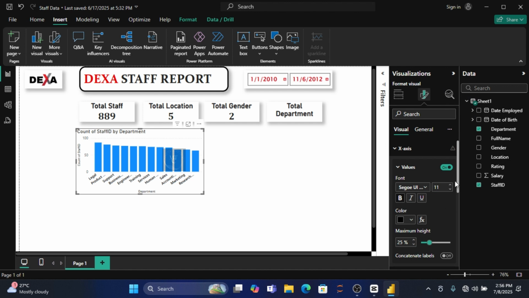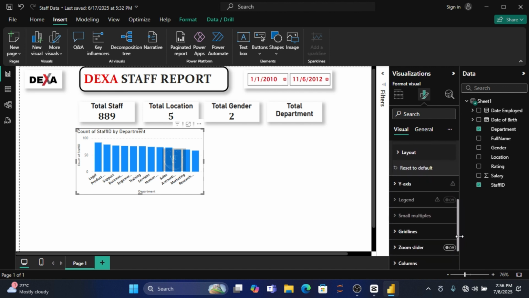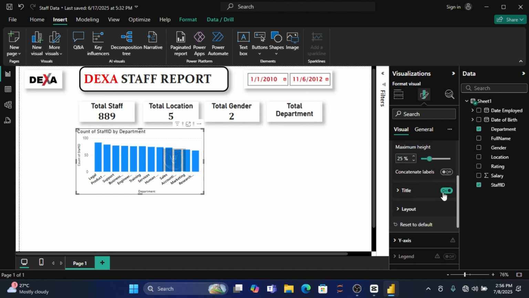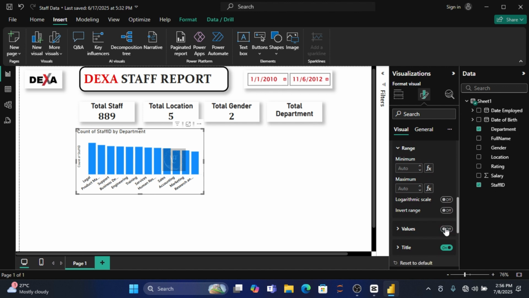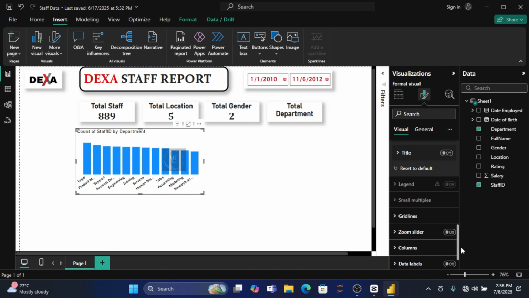Good. All right. The title doesn't need to be there. We take it out. On the y-axis, we can take out the values and take out the title. Now, our data labels, the columns,